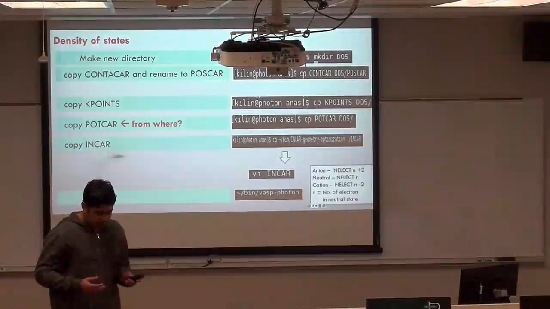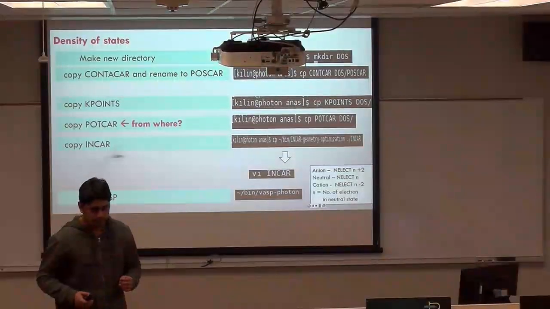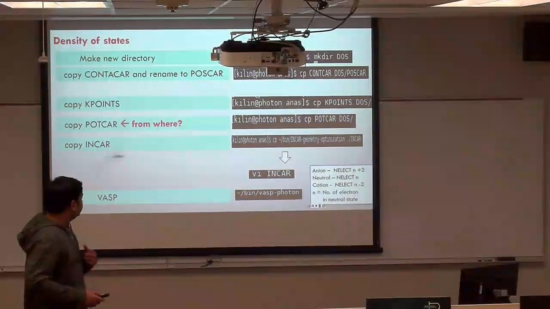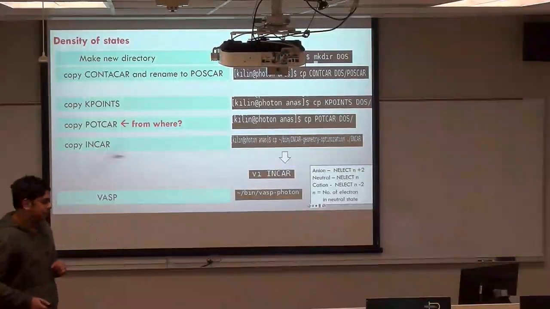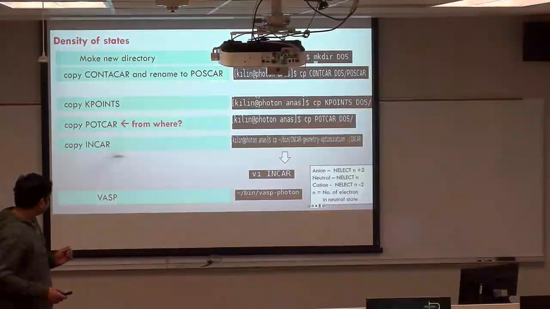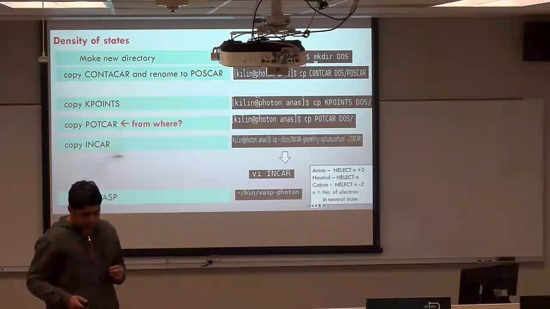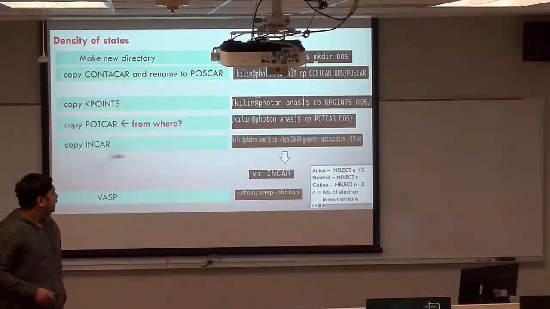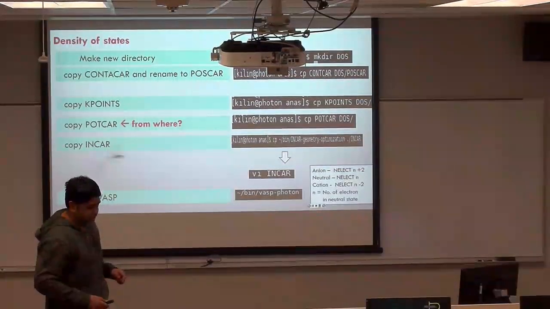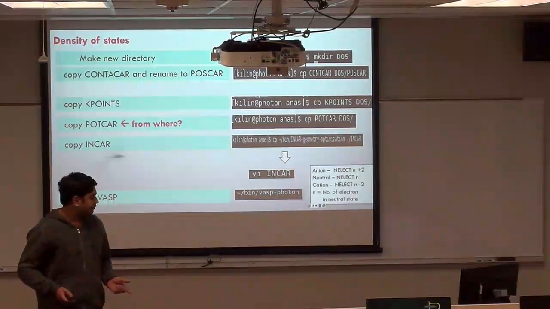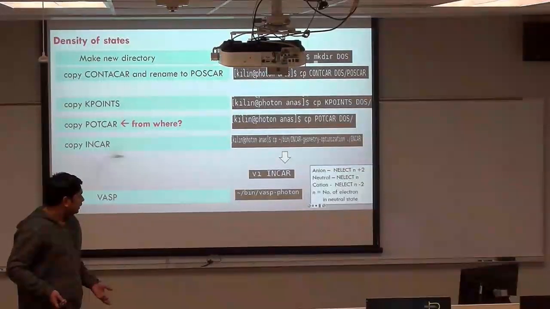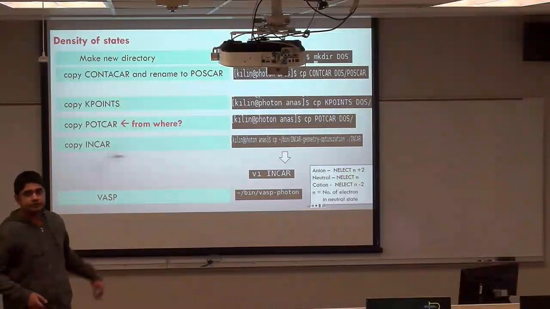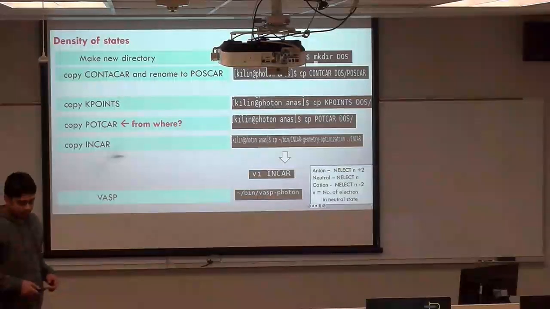And copy the same files as for every VASP calculation. We need four pieces of information: POSCAR, KPOINTS, POTCAR, and INCAR, and they can be taken from the input files of the earlier calculation. The only difference here is that in the INCAR file we have to make a little modification, which can be done using the command vi INCAR. The number of electrons has to be changed. If it's a ground state, the number of electrons is n, if it is an anion, it's n+2, and if it's a cation, it's n-2. That can be changed using vi INCAR, and then we can do the VASP calculation.